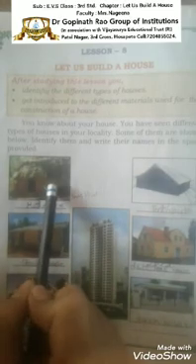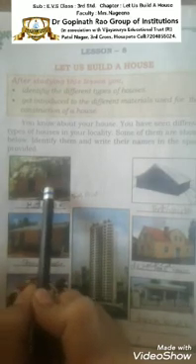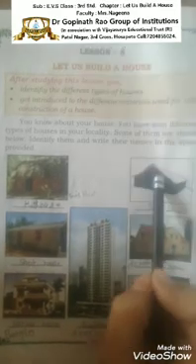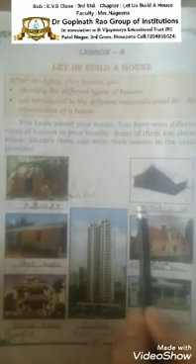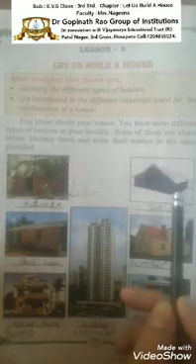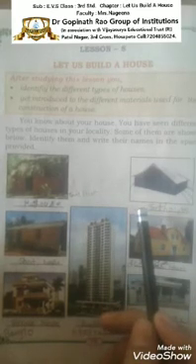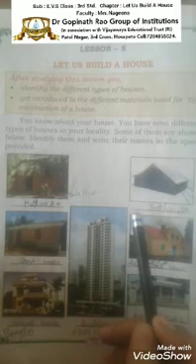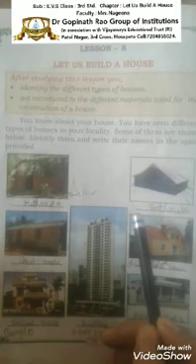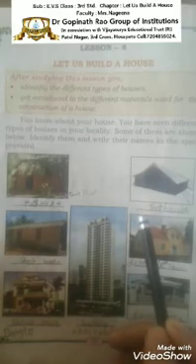So, the first picture is a hut. This house is called a hut. We can easily build the hut. And the next one, tent. We can take it out very easily and shift it from one place to another. When we go for an outing or picnic, we stay in a tent for some time. What materials are needed to build the tent?